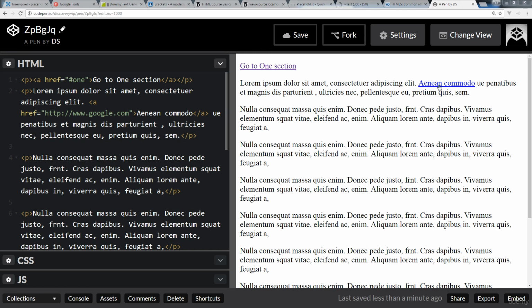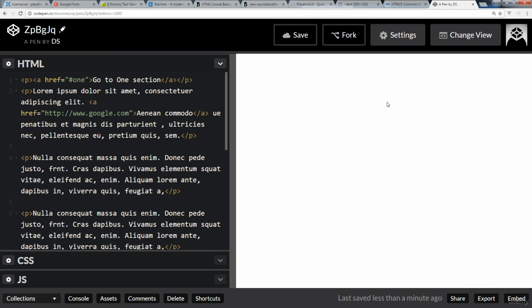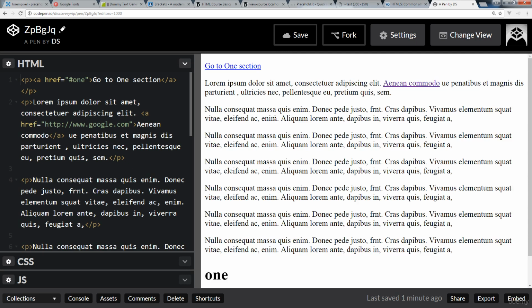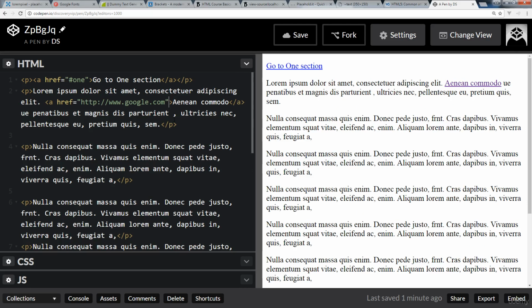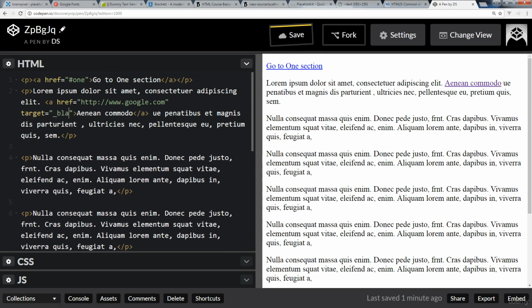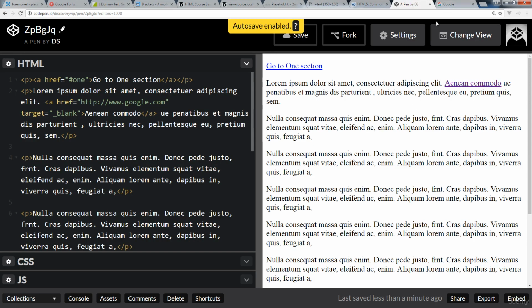window. So I just saved the pen, and we see when I click it, it brings us over to Google, and this is not what we want to happen within our web page, because we want the users to, if we're linking externally, usually best practice is to add in a target and specify the target as blank. And now, whenever somebody clicks this, so I'm going to just save it quickly, and now when somebody clicks it, we see that it opens up a brand new tab within our browser